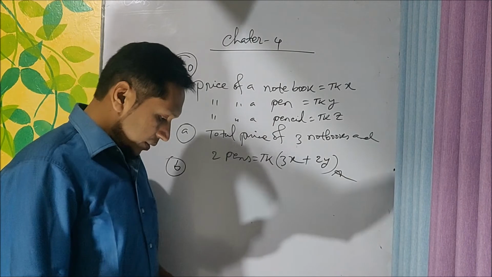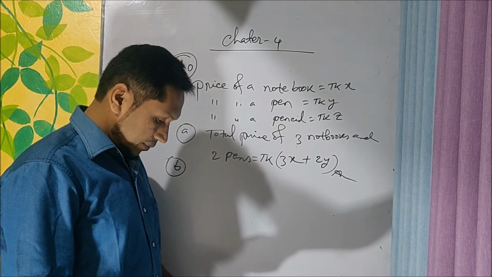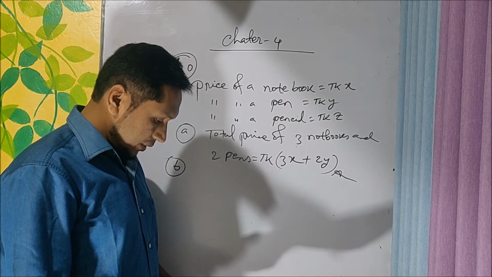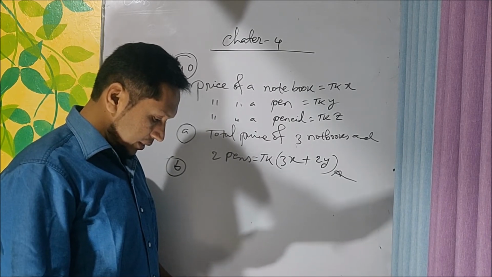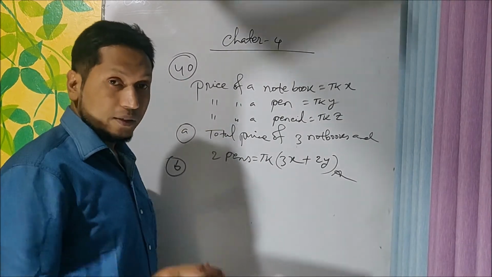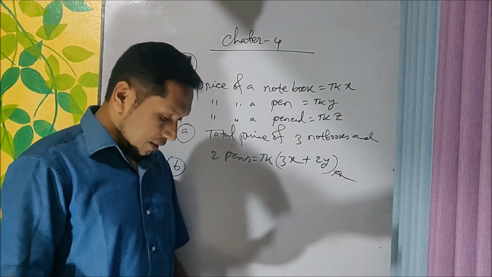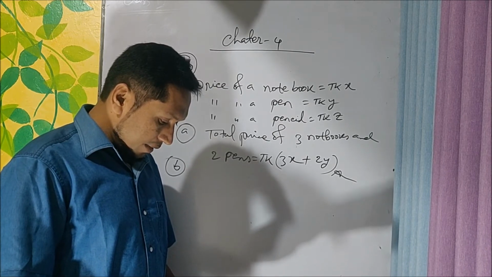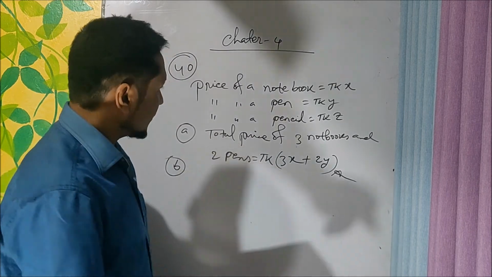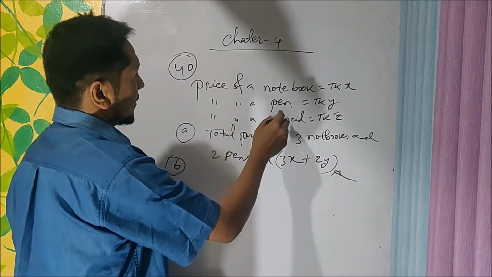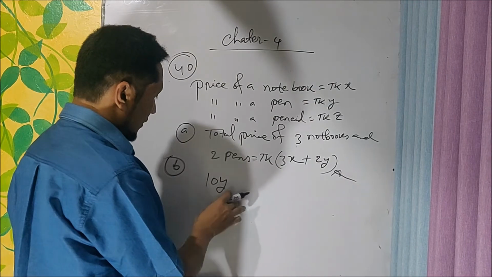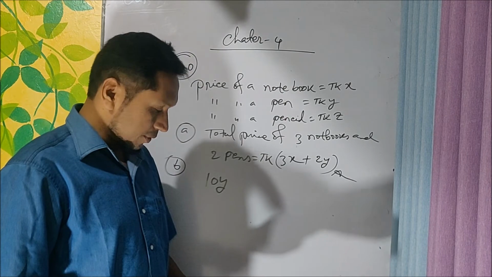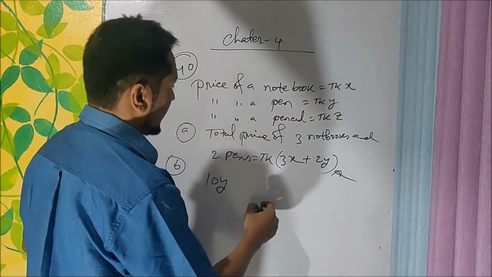Part B says, what will be the amount if the price of 10 pens is deducted from the total price of 5 notebooks and 8 pencils? Express it in an algebraic expression. That is, in part B we have to write an algebraic expression from the statement that the price of 10 pens is deducted. Price of 10 pens is 10y. This is to be deducted from the total price of 5 notebooks, which will be 5x,